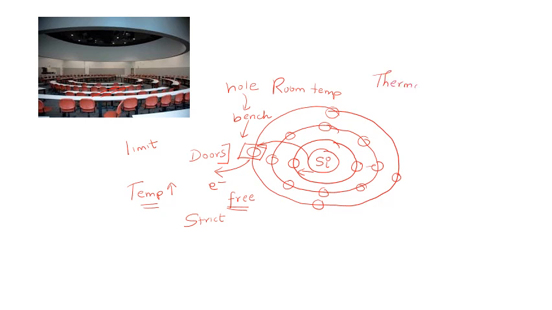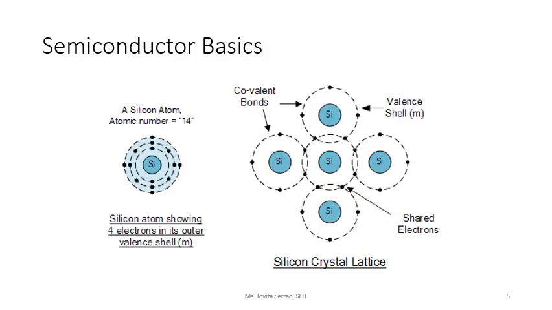And this term is known as thermal agitation. That is, when I increase the temperature, the number of free electrons increases. This is what happens in an intrinsic semiconductor. But the number of free electrons that I am getting right now is not enough to give me the current that I need for various devices that I am going to use. So what you do exactly is you use something known as extrinsic semiconductor.